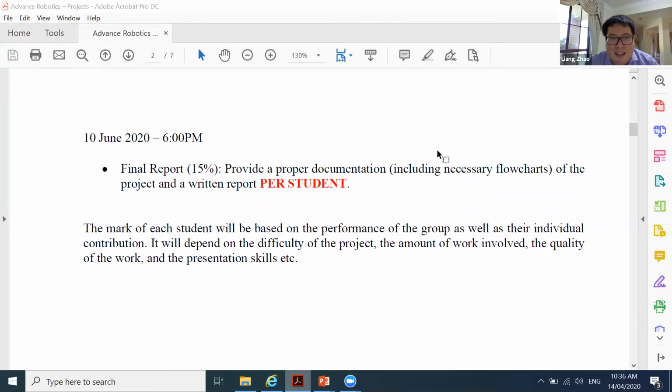And the next deliverable will be the proposal, and the deadline is this Sunday. All right. So all good. If all good, let's move to the